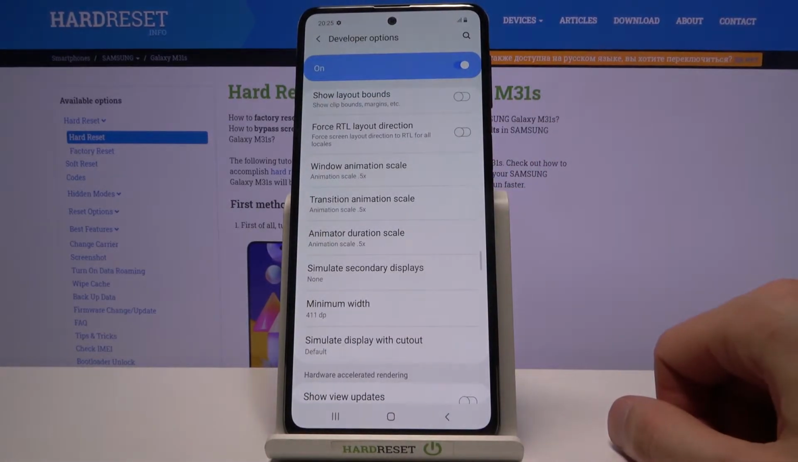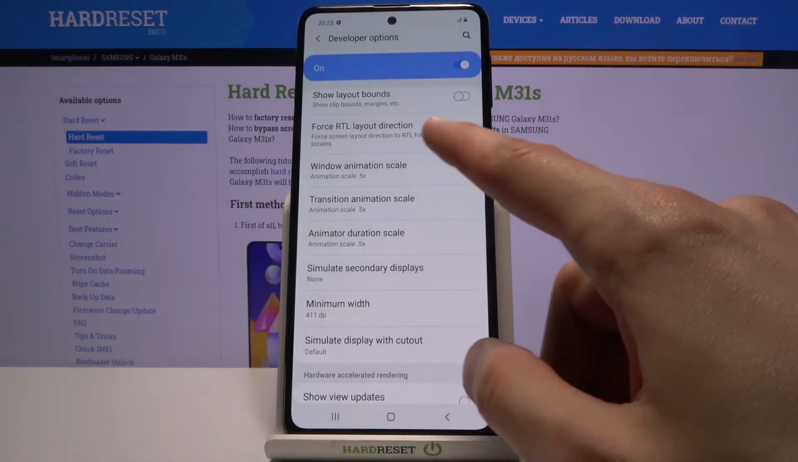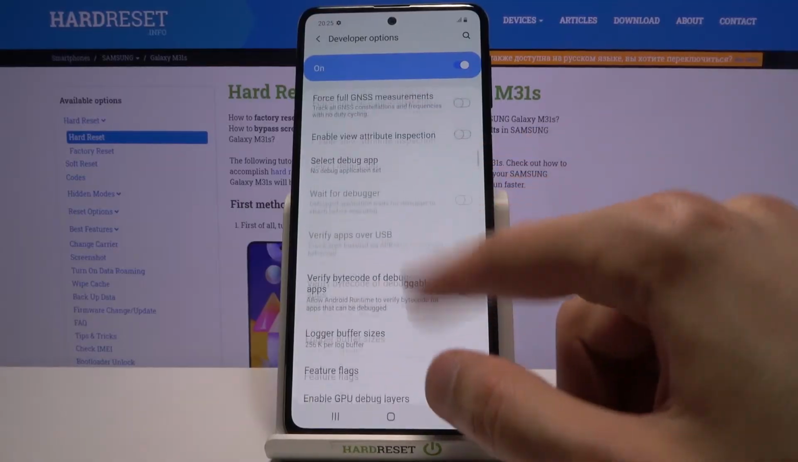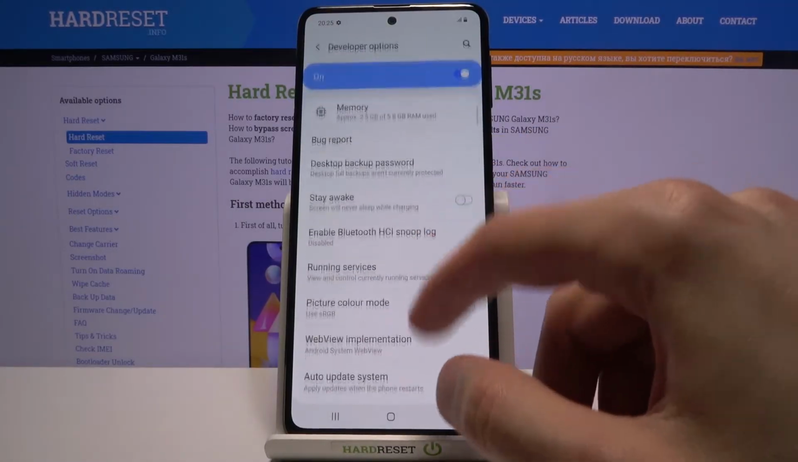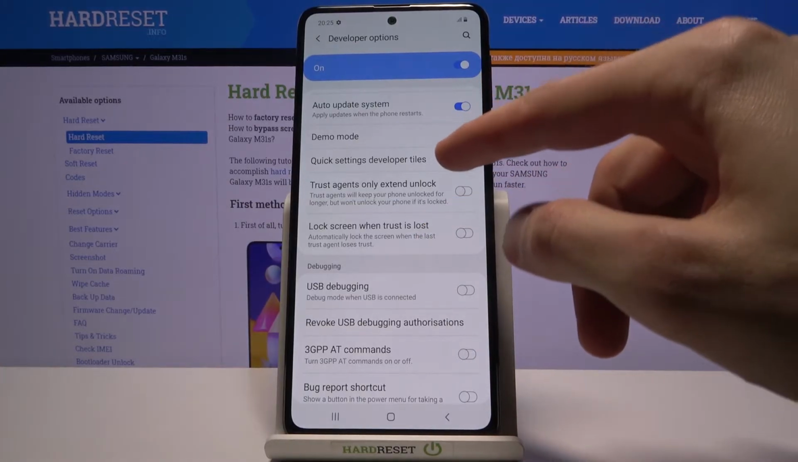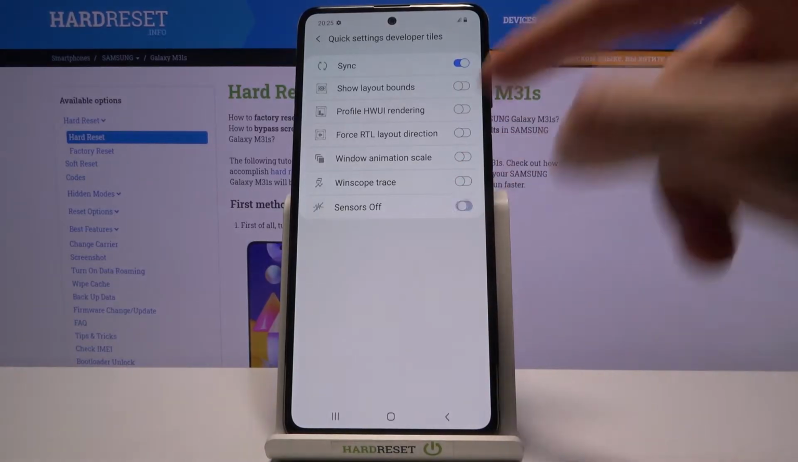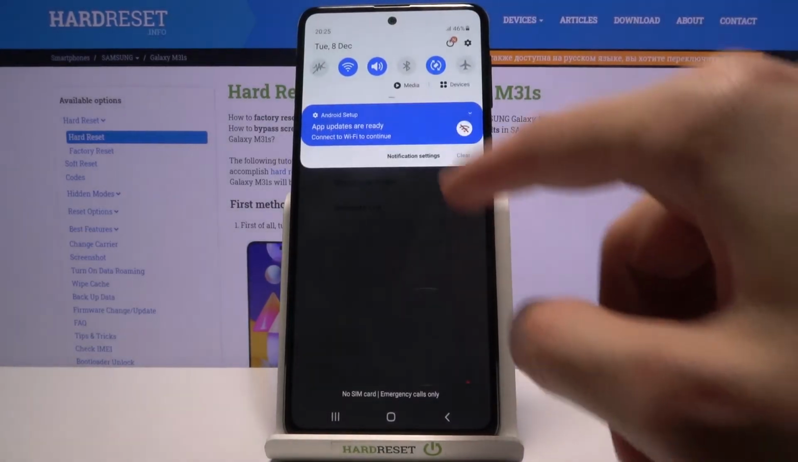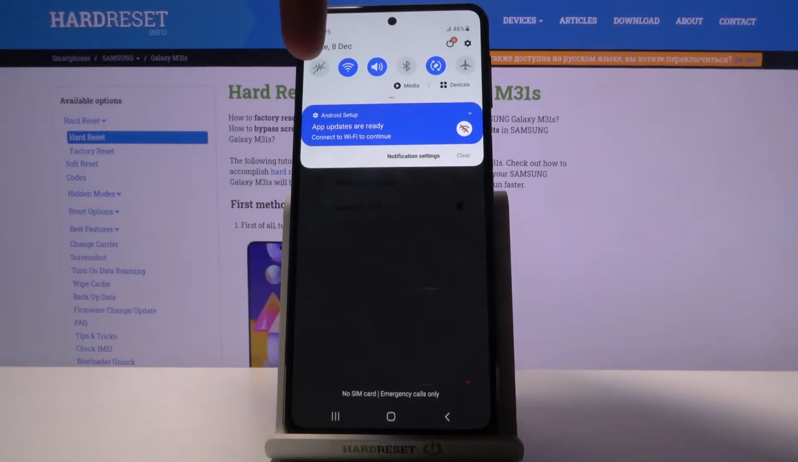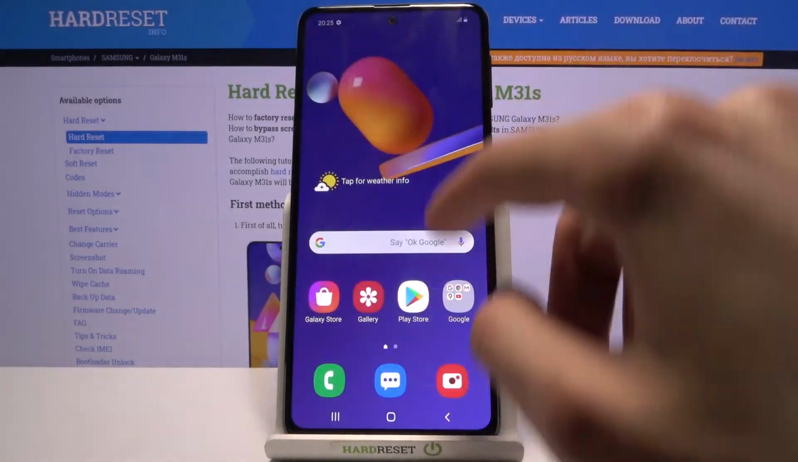So in certain cases it might look a little bit weird, so just consider that when you're going for animations off. And while we're in the developer options, I'm also going to touch upon another option that I wanted to show you, which is sensors off. And it's going to be located in the quick settings developer tiles right over here, and there is the sensors off. Now I'm going to toggle it on, and once you toggle it on, it's going to appear in your notifications as the first toggle. And what this allows you to do, let me quickly,